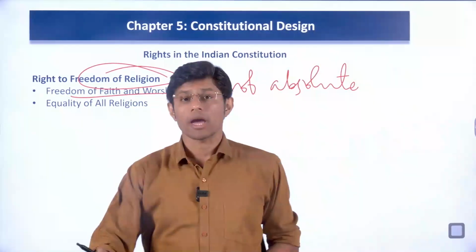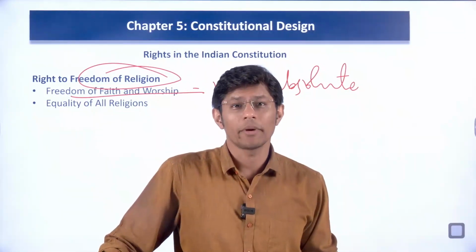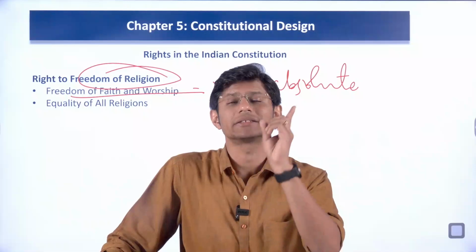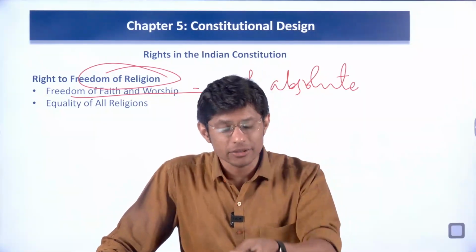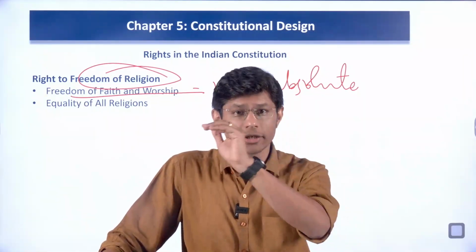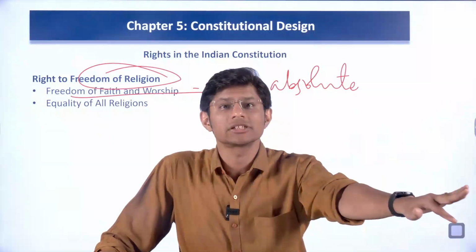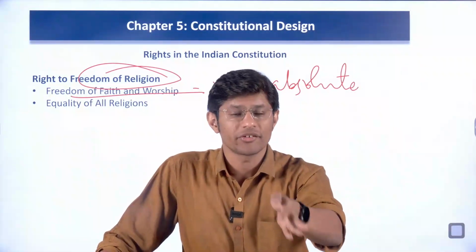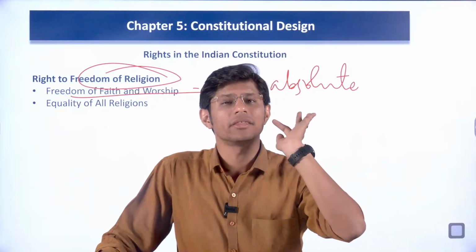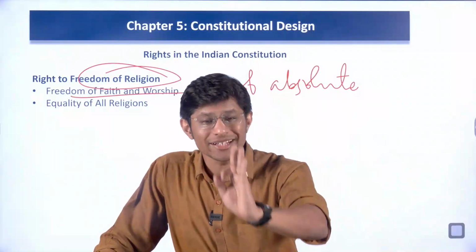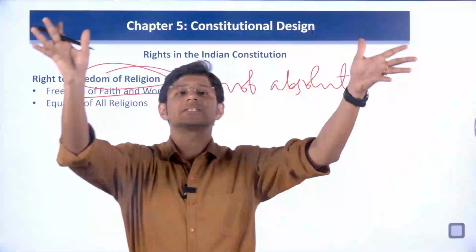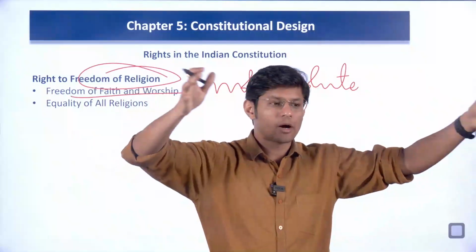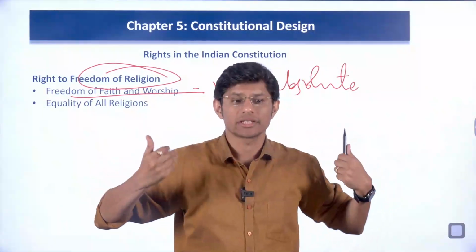What do you mean by not absolute? Which means the government can restrict religious practices. If the religious practices are, let's say, causing disturbance in the society, if they are immoral, if they are affecting the health, then the government can intervene and restrict it. For example, practices such as sati, or human sacrifice, immolation,